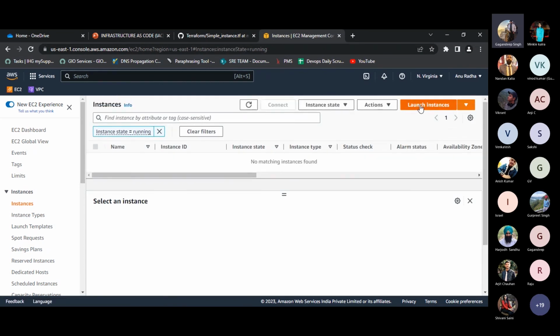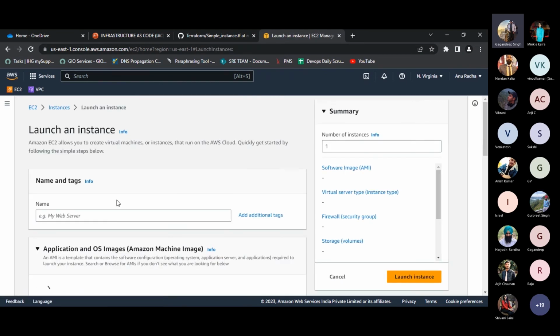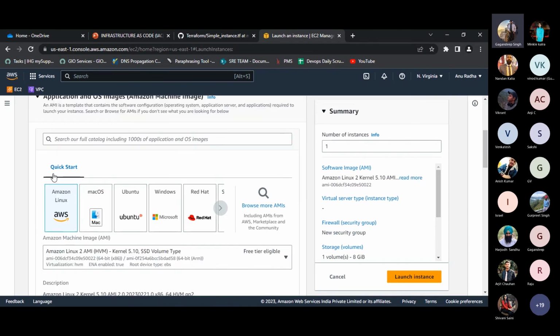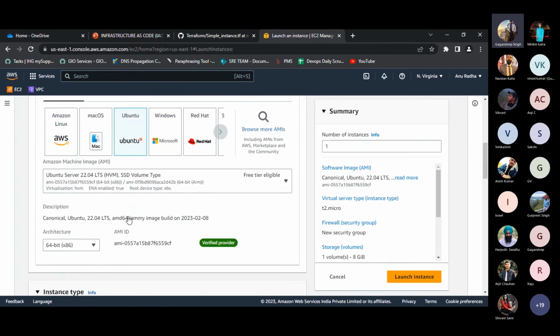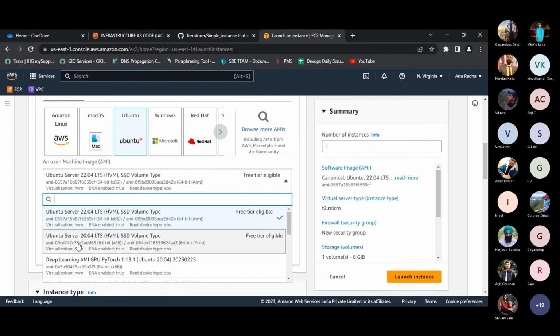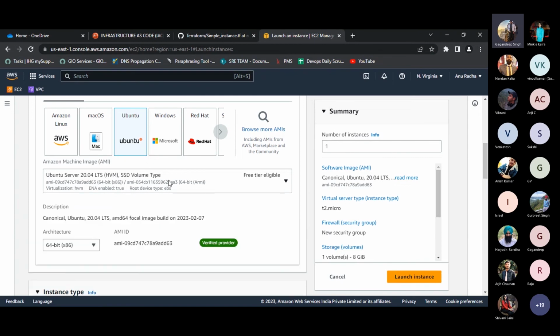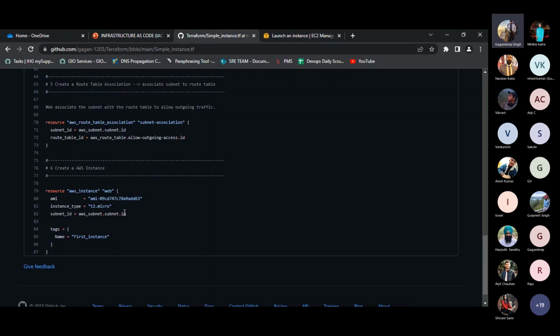You can click on launch instance. Then you can go over here. These are the default OS images that Amazon provides. I've used the Ubuntu 20.04 server AMI. So basically you can see the AMI over here, and you can copy this AMI and paste it over here.